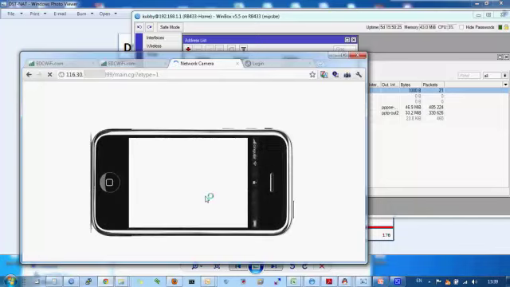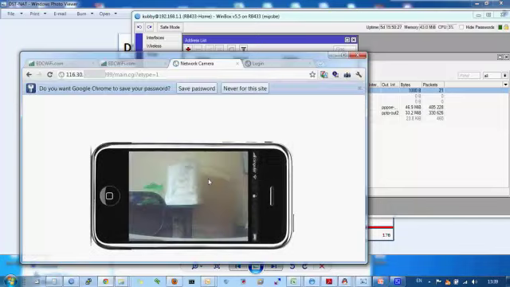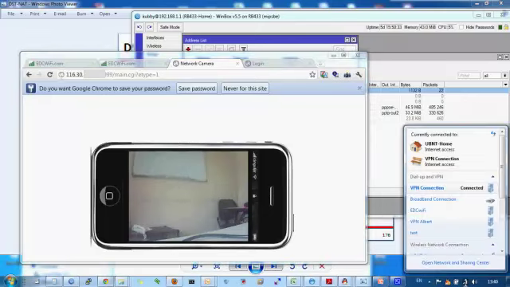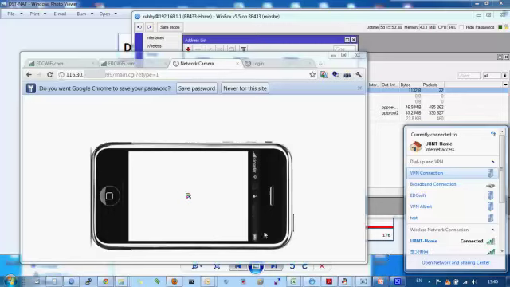Okay, I can see my camera right now. A little bit messy over there. And I will turn off my VPN connection, and I will lose the connection.